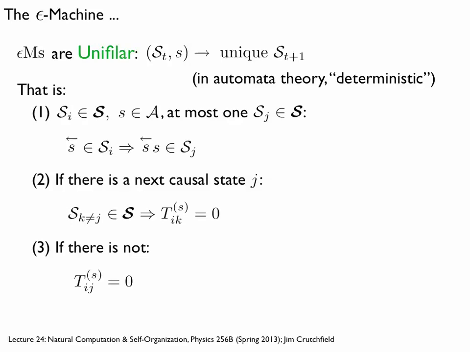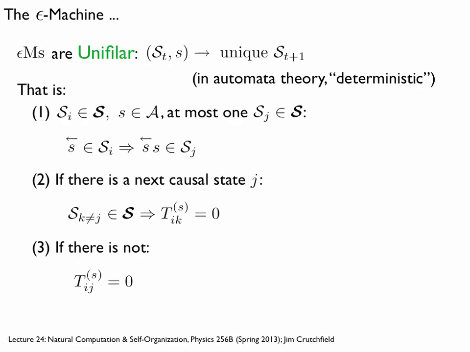Okay, so now, maybe a little more surprising. The claim is that the epsilon machines are unifilar. If you remember, unifilar means that if I'm in a given causal state at time t, and I see a symbol, there is at most one next successor state that I go to. So state A goes to state B or C, but it goes to B on a 0 and C on a 1. I can't go from A to both B and C, observing a 0.